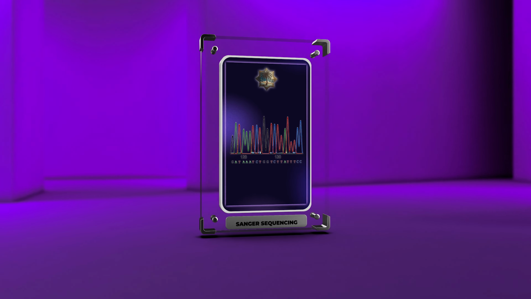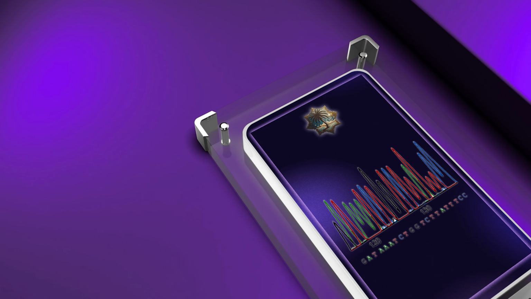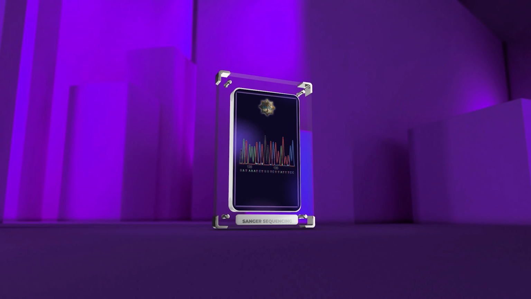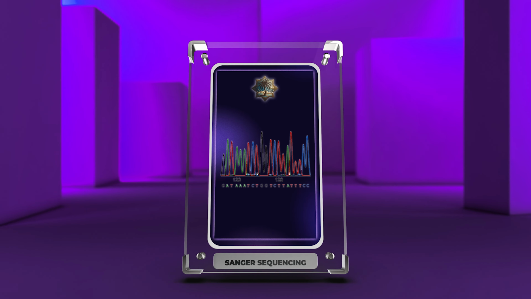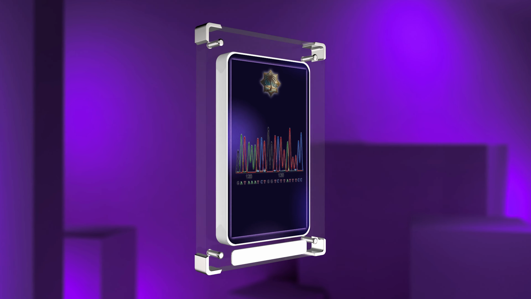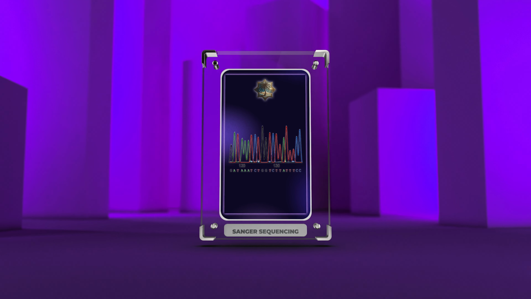Welcome to today's lecture on Sanger sequencing in molecular biology. Sanger sequencing is a widely used DNA sequencing technique that allows us to determine the order of nucleotides in a DNA molecule. In this comprehensive lecture, we will discuss the various components and steps involved in Sanger sequencing, including dideoxynucleotide